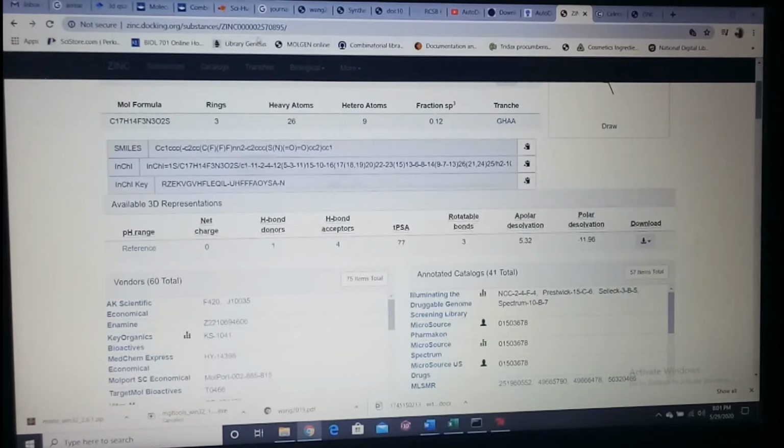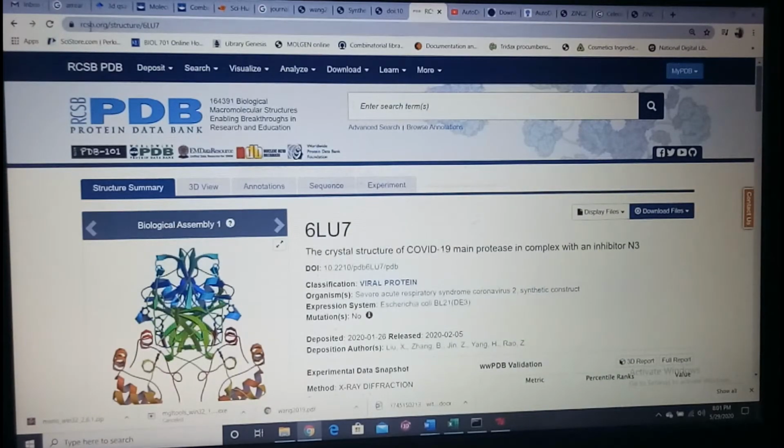Next, how do we download a protein? There is a website called RCSB, rcsb.org. Here, if you type the name of a protein, you'll get that respective protein. Suppose I go for COVID-19, I get 6LU7. This is the main protease enzyme, or protease protein, of COVID-19. You can go for albumin as well, and you get different codes with respect to albumin. Since COVID is a present trend, or else the Celecoxib